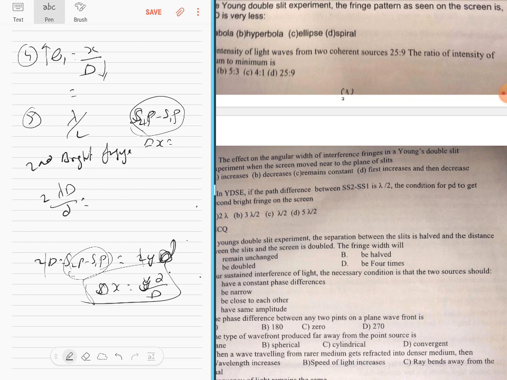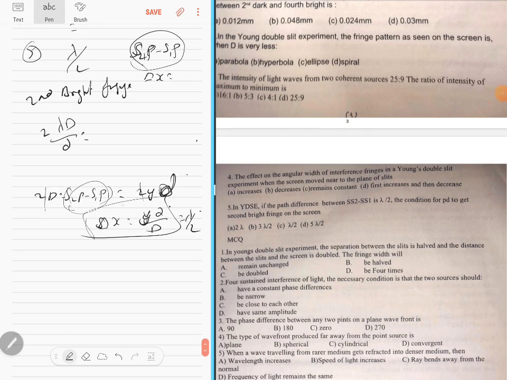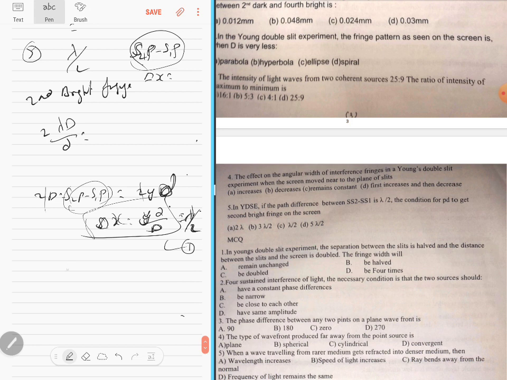I'm just trying to think of any other way. So let me try to do this. You know, the path difference formula is delta x equal to y into small d by capital D, which itself is lambda by 2, as has been given. Write this equation. And it's about getting a second bright fringe. The second bright fringe formula is